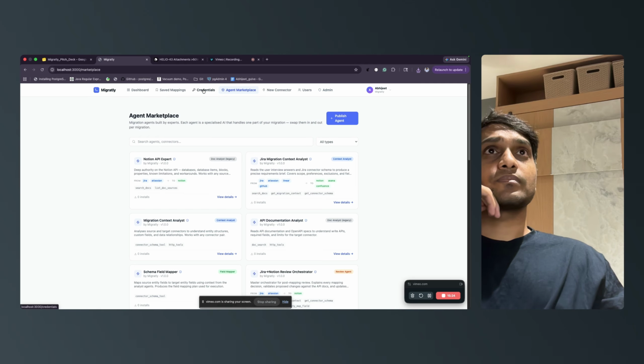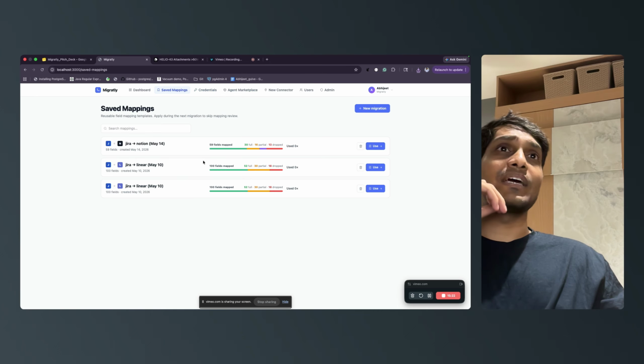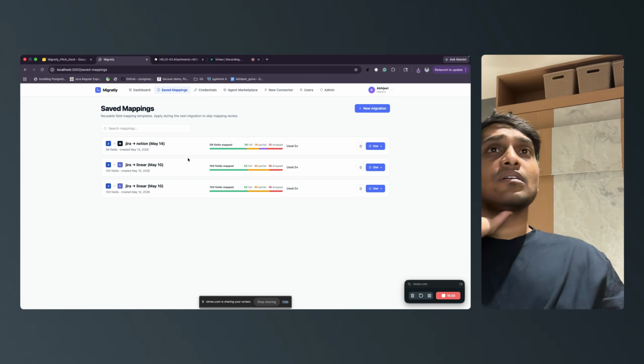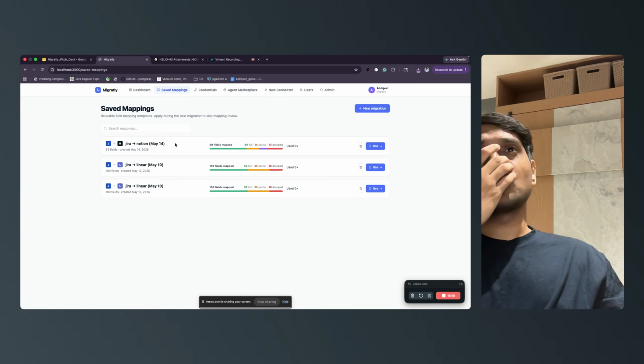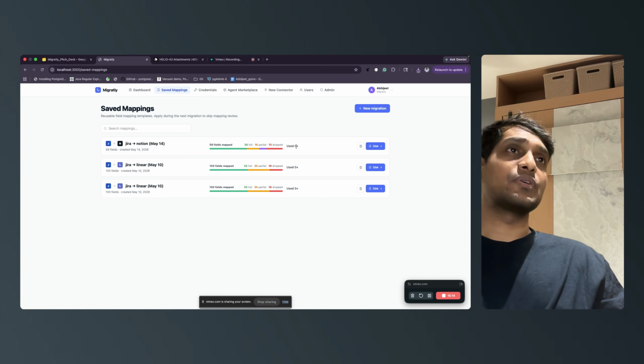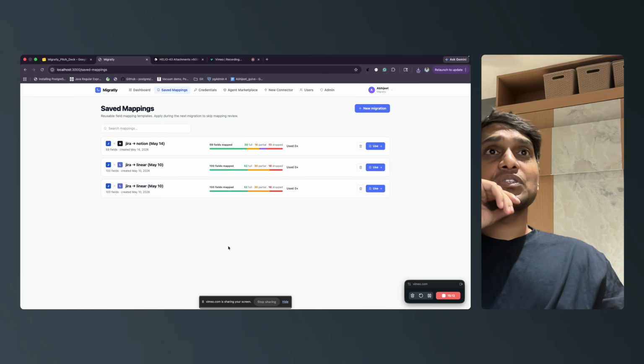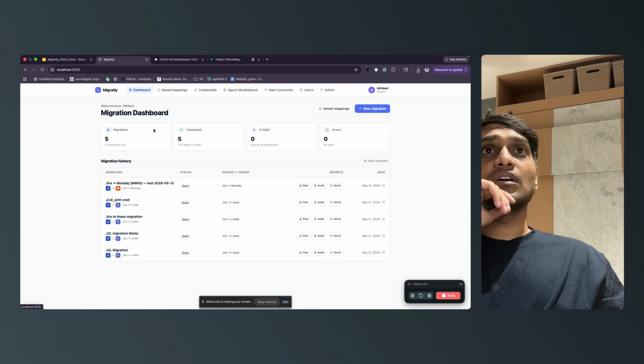Then also, if you want to reuse the old mappings, like this one, say someone wanted to migrate Jira to Notion, they can just use this mapping to do the migration. So yeah, this is the overall